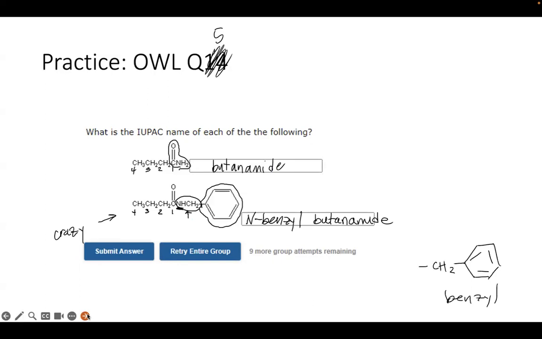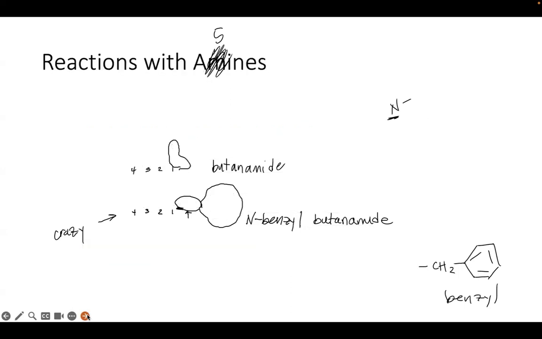If I remember right, your exam doesn't have, except for in the carboxylic acid example, all this benzyl versus phenyl versus benzene, but it does have groups coming off of the amine group. Okay. All right, so there's one reaction that we have to deal with